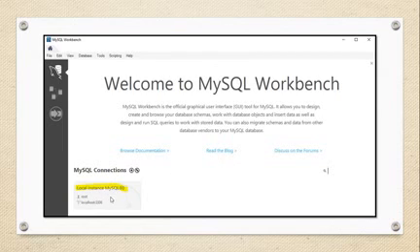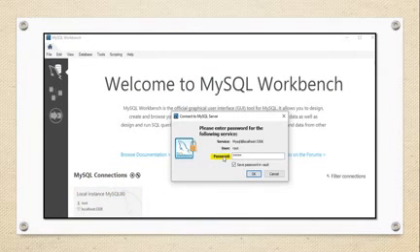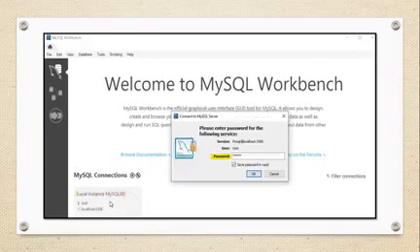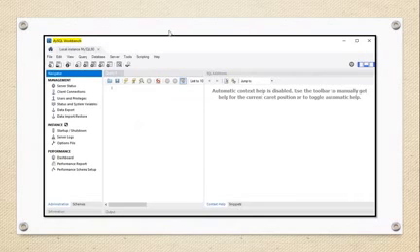So this one is your local instance, and when we click on that instance, it will ask for the password. Okay, जो हमने set किया है. Click on that instance, click on that root. So it will ask for the password, and once we create it, click OK and save the password. Right now for trial purpose we will save the password also. And so once we save the password, we get this window.